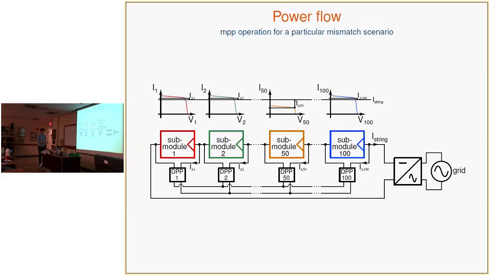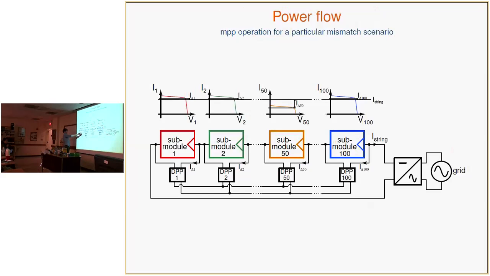So say, for a 100 submodule connection, submodule 50 is mismatched. All of the strongly performing submodules that are the same illumination, same power generating type, would need to inject power through the bus, and then DPP50 would need to absorb that power to operate at its maximum power point. And you would need to bring down I string a little bit. So if I string were equal to the maximum power point current of all the submodules except for submodule 50, then you would have